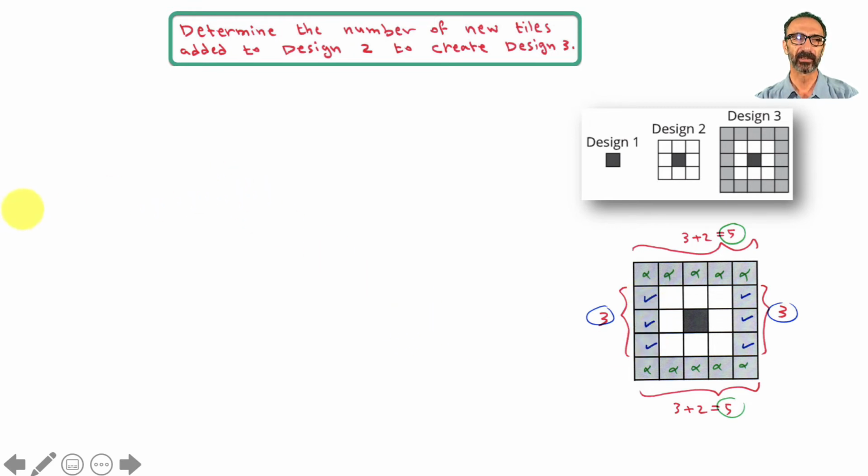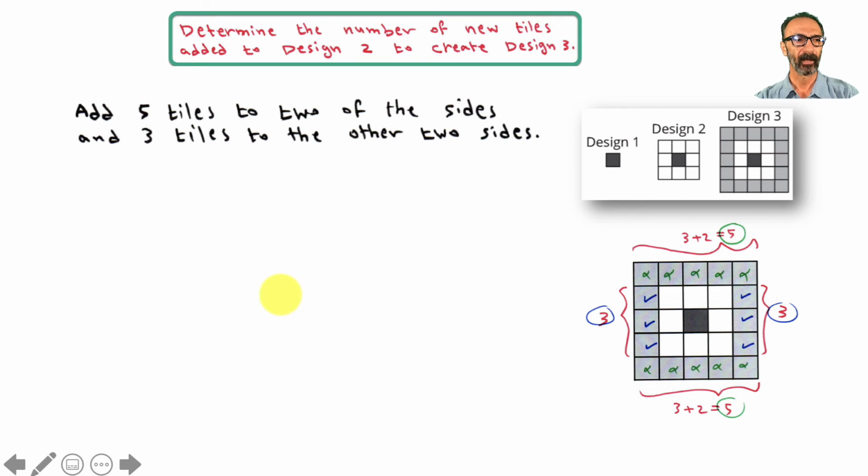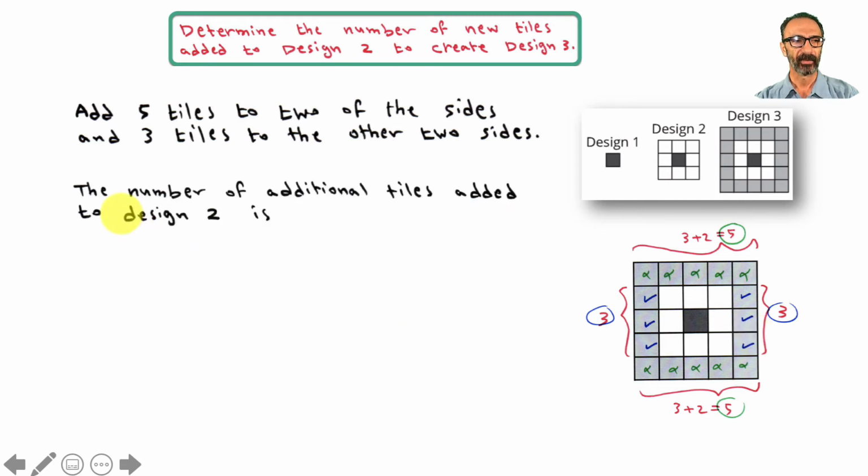Let's focus and pay attention to the graph. We're going to add 5 tiles to 2 of the sides, the top side and the bottom side, and add 3 tiles to the other 2 sides, the right and the left. The number of additional tiles added to design 2 will be,